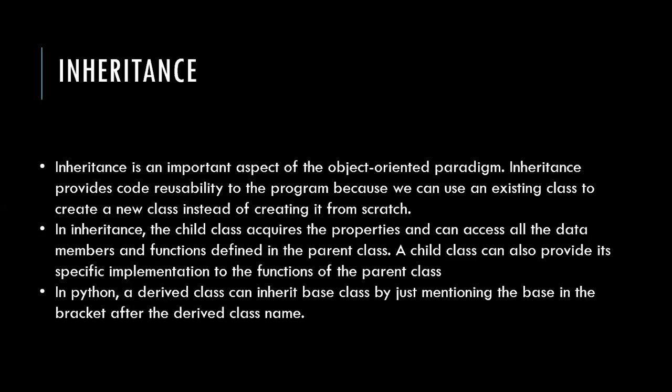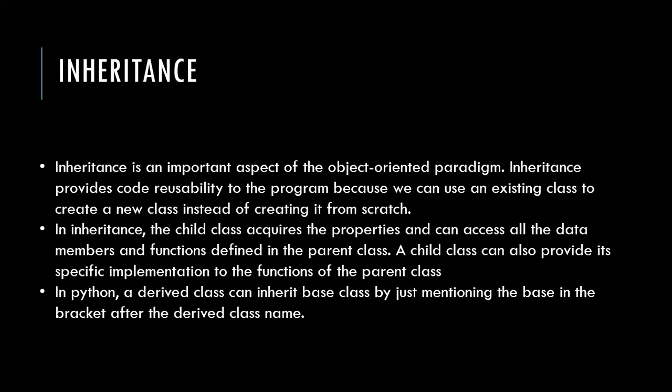See here, class 2 is using class 1 functionality now. So that means class 2 is inheriting class 1. That means class 2 is drawing your functionality, right? Now in this case, class 1 is called parent class and class 2 is called child class, right? Parent class means the class which is giving the functionality. Child class is the class which is going to use the functionality, or we can also call it base class and derived class. So parent class is called base class, and child class is also called derived class.